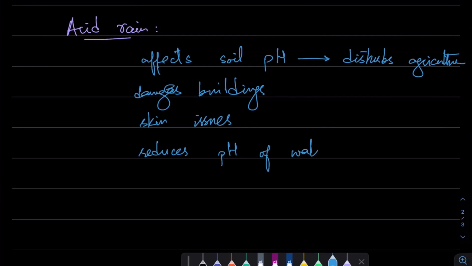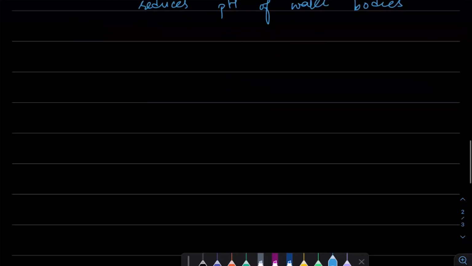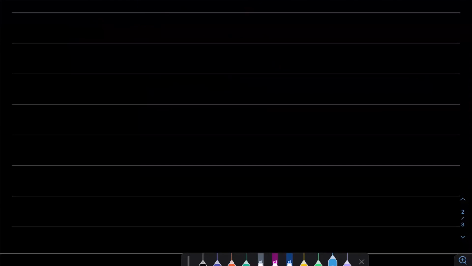जिसकी वजह से क्या है कि water bodies में भी जो aquatic life है वो भी disturb होती है, और उसके अंदर जो growth of underwater plants वगैरह वो भी खराब होती है. So that is acid rain. Now how does it happen? Acidic gases in the atmosphere, one of them is nitrogen dioxide. So nitrogen dioxide can be absorbed by water and produces nitric acid.